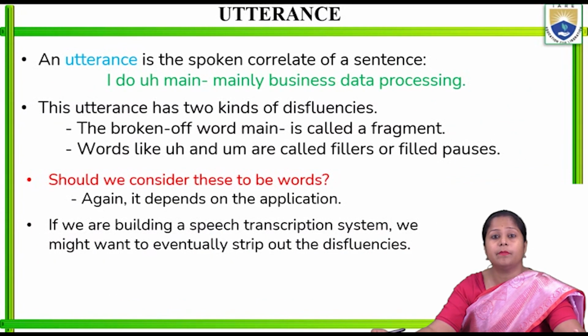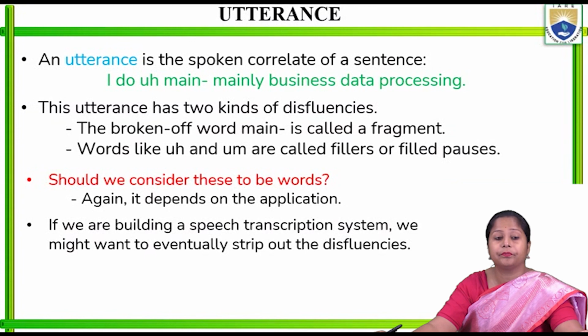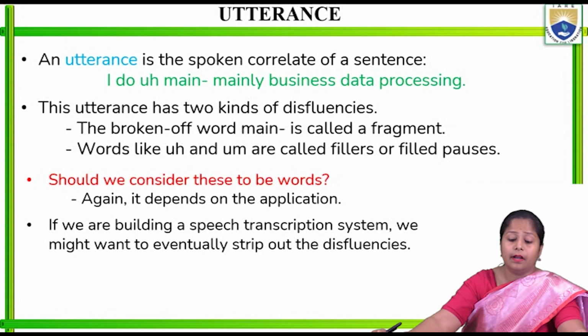Let's discuss utterance. An utterance occurs whenever a speaker speaks. Whenever a speaker is speaking, there will be some spoken correlate of the sentence. So an utterance is nothing but the spoken correlate of a sentence. For example, consider a sentence, I do